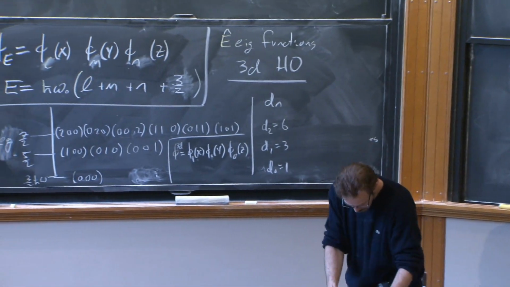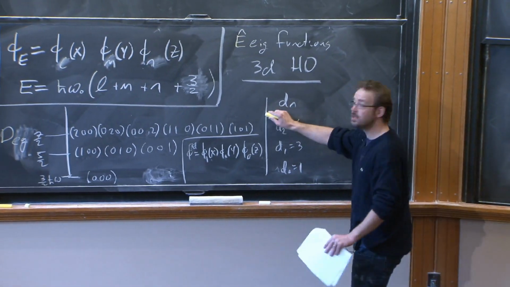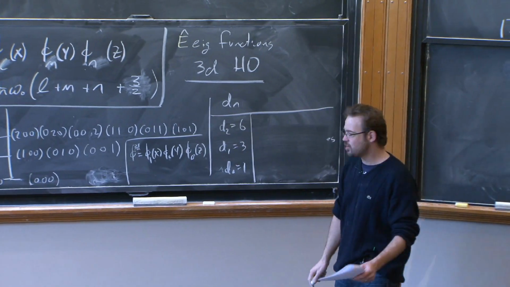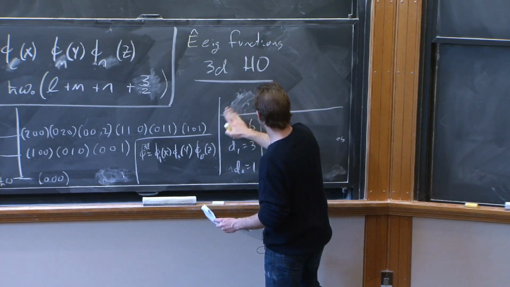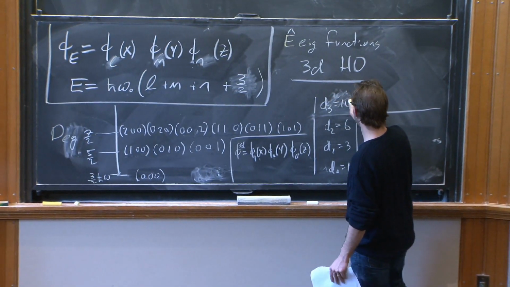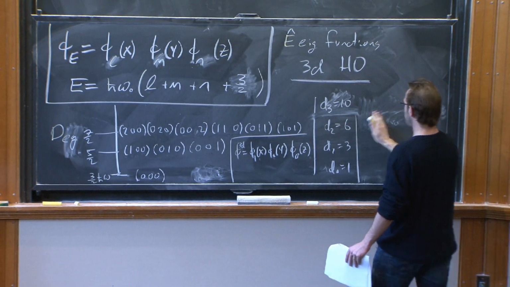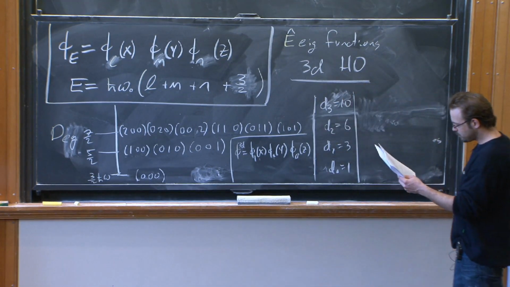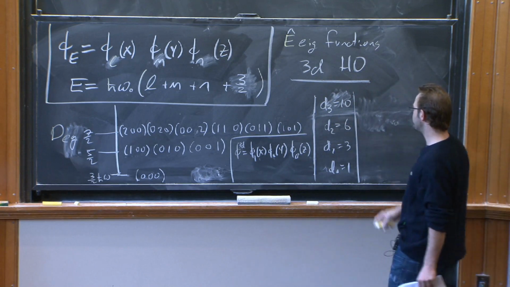Great. So we have these degeneracies, and they beg an explanation. If you look up at the next level, it turns out that D3, and you can do this quickly on a scrap of paper, D3 is 10. And they go on. If you keep writing this list out, what's the next one? 15, 21, yeah.